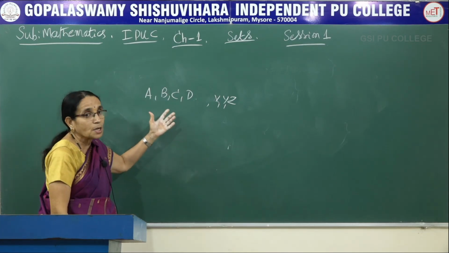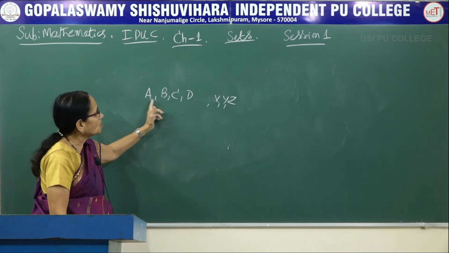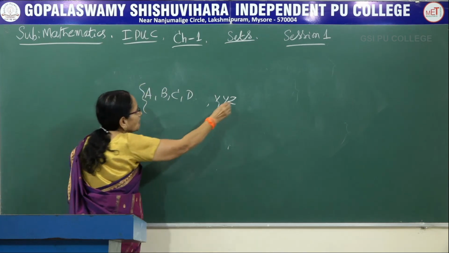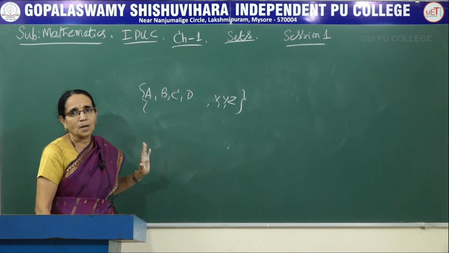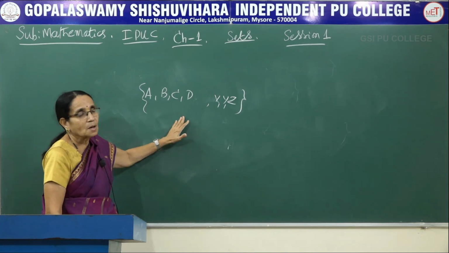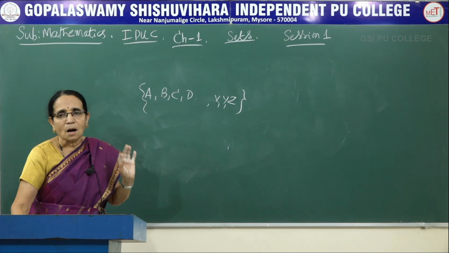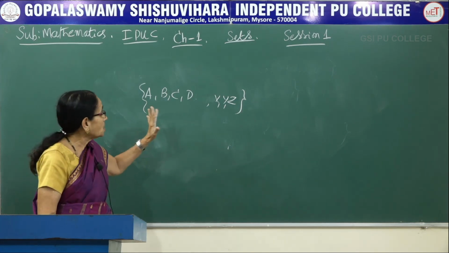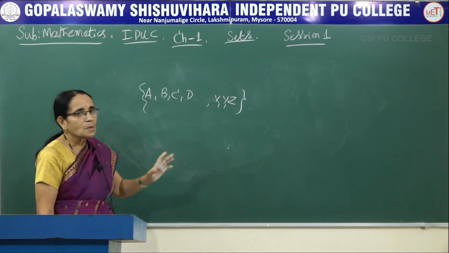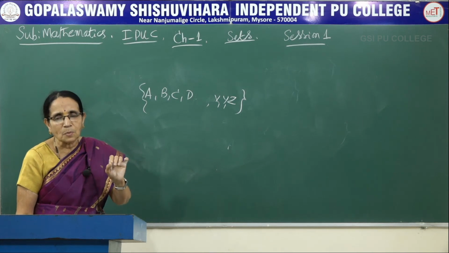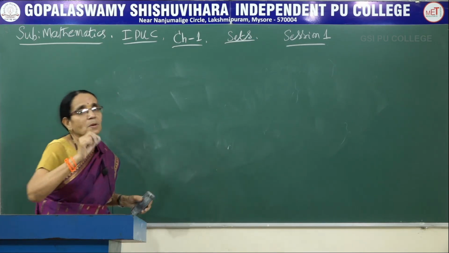Similarly in Kannada, we have got 52 objects. So each language has a different number of alphabets. Now, when you take the collection of them, you observe that all of them are only alphabets of the English language. No other element is present here. Certainly, we can call it a set. So, alphabets of any language, if they ask you, is it a set? Certainly, you can say it is a set. Why is it a set? Because all of them possess a common property. That means all of them are of the same type, all alphabets of the same language.